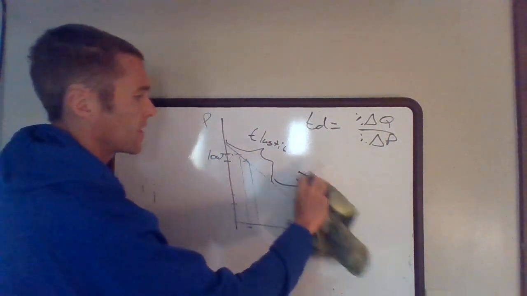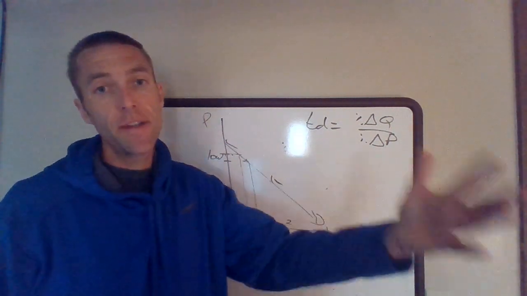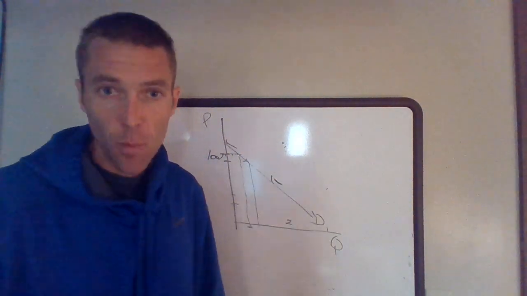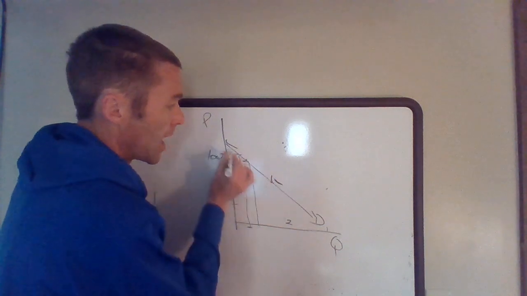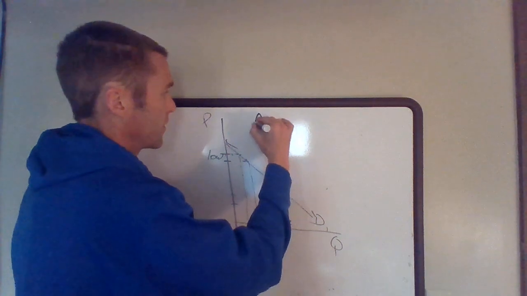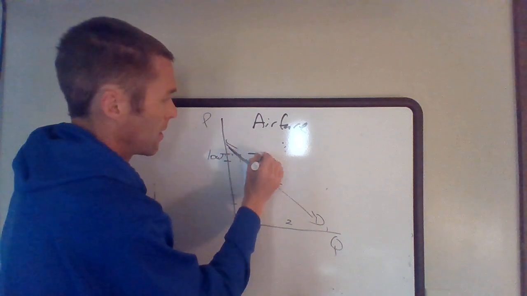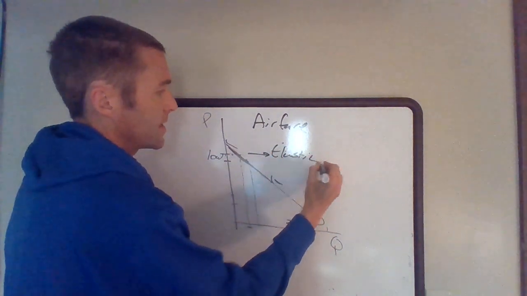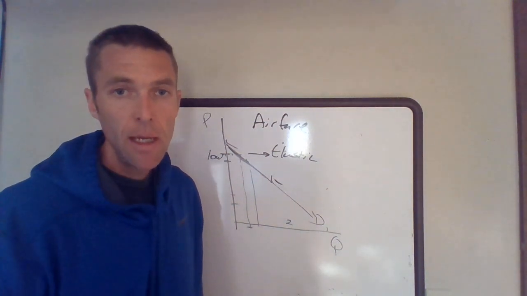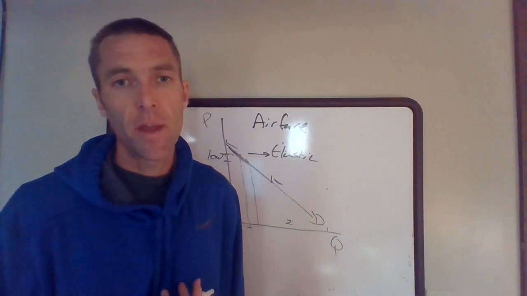The other reason that I think you should grasp onto first and then see the quantitative nature of elasticity of demand is that when prices of a good are high, there are more substitutes. So if we think about this as airfare, when prices are high, we say that demand is elastic. There's a big change in response to price changes. And think about why that might be. Let's just pick a location at random. Let's say,